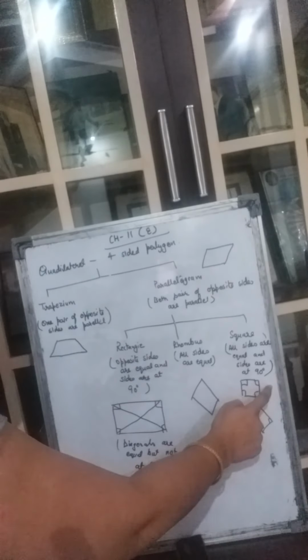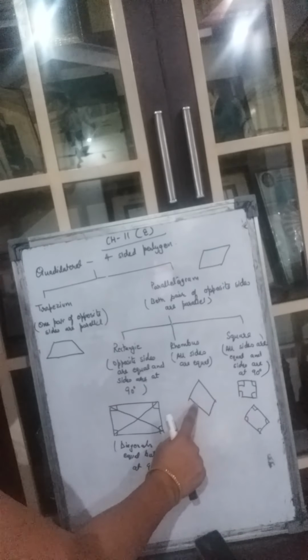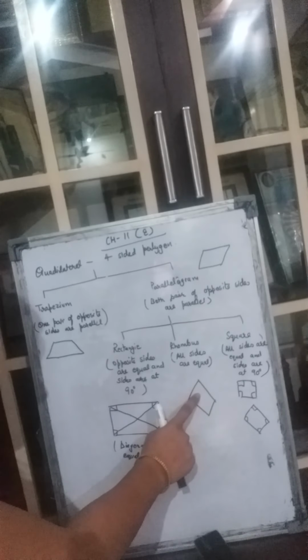A square is a rhombus. A square is a rhombus. Is it always, sometimes or never true? So here the answer is always. Why is a square always a rhombus? Because it is having the property of the rhombus. See girls, what is the property of the rhombus? That all sides are equal. And that is of square also. So square will always be a rhombus. Rhombus is having only this property that all sides are equal.